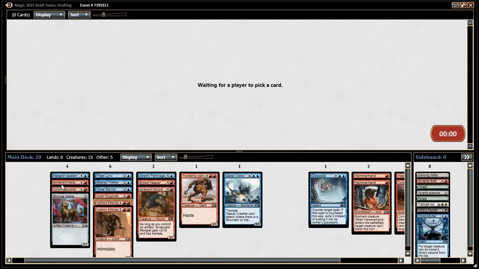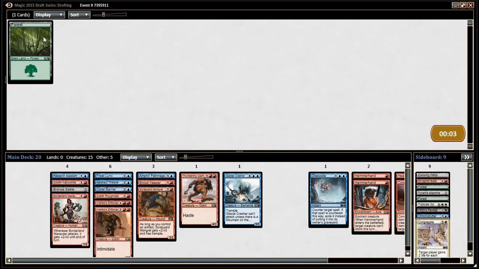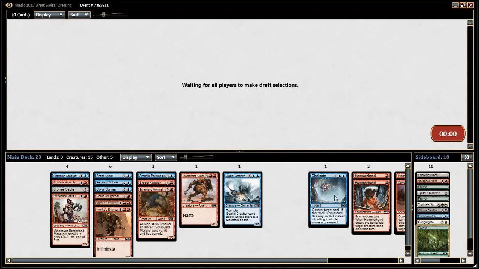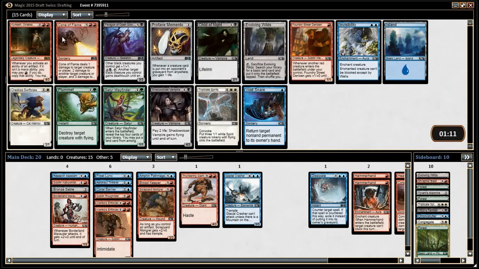One more 2-drop in that curve looks fine. That's actually a really annoying card. Congregate. I've played against it, and it is frustrating. I've lost to it numerous times. I've never lost to a Congregate, but it's made my day a lot more difficult before. I was winning with tokens, so I was like, haha, I attack you with all of my... Oh! Another spirits, but...